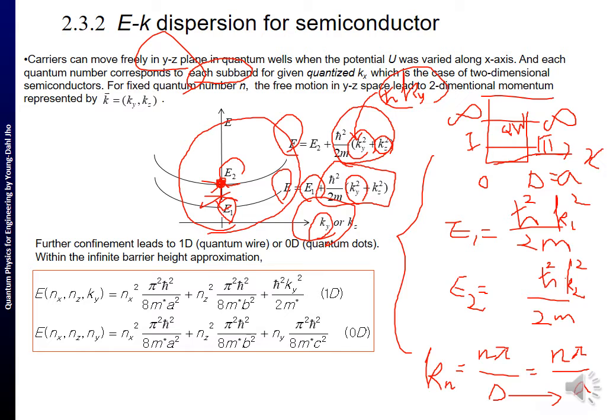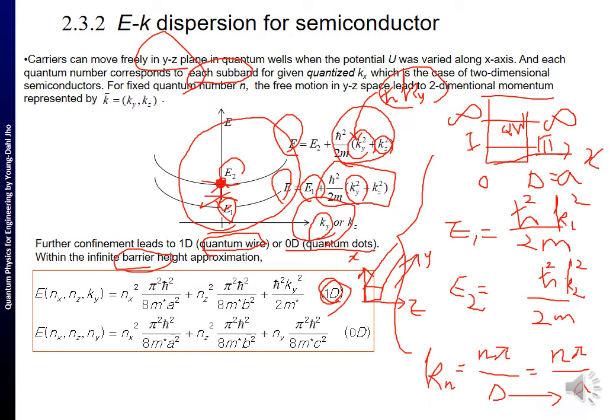Further confinement leads to 1D, which is called a quantum wire, or 0D quantum dot, within the infinite barrier height approximation. So potential is presumed to be infinity. If we consider 1D, then it means carriers can move freely along 1D. That direction is said to be the y-axis. And here, along the x-axis we have confinement, along the z-axis we have confinement. Okay,